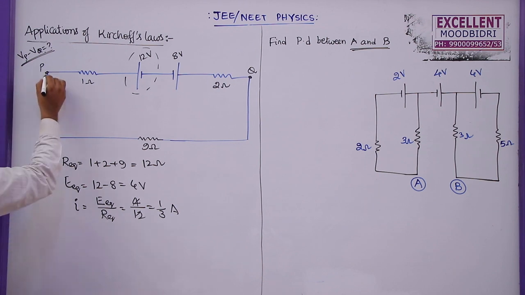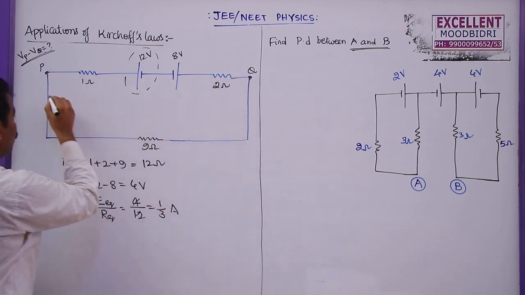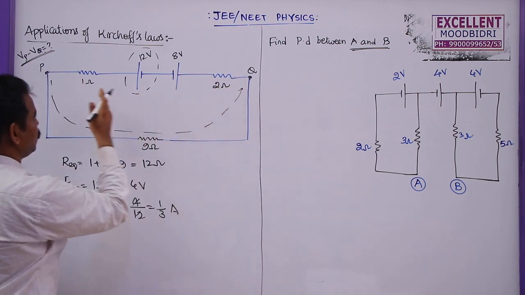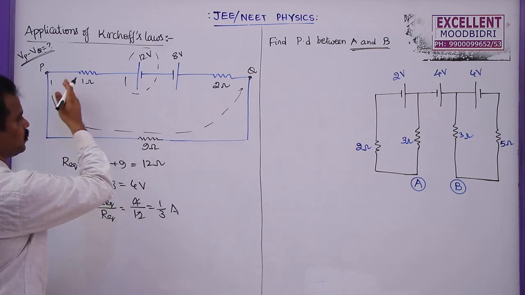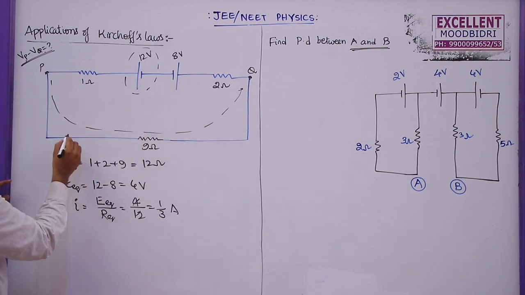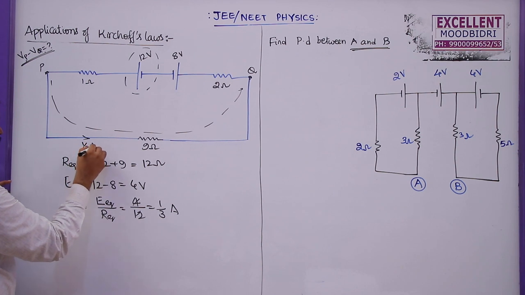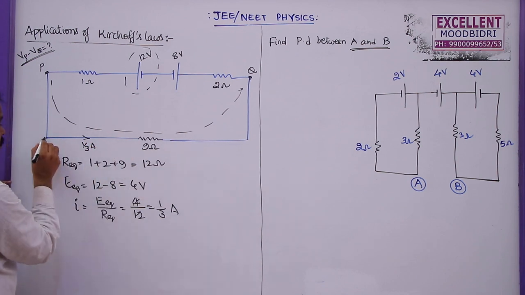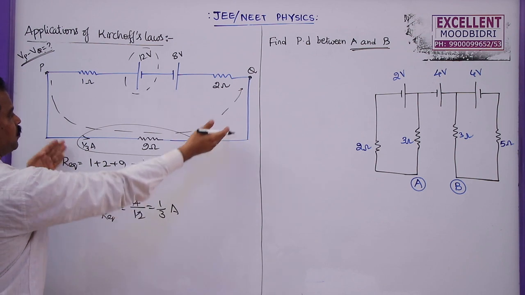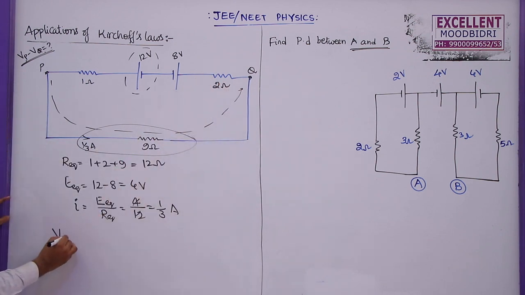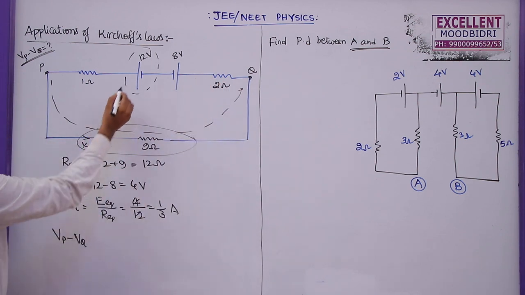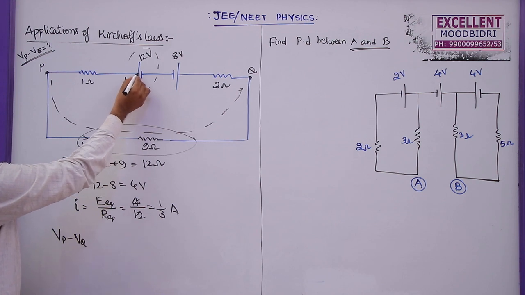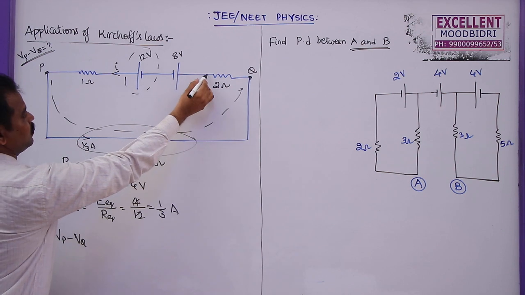Now I want the potential difference between P and Q. This is the path. You can use this and you can find out the potential difference between P and Q like that. Otherwise, as 1 by 3 amperes current is passing through this one, the potential difference across this one is equal to the potential difference between P and Q. So Vp minus Vq, as it is having high EMF, the current will come from this one. It will not come in the opposite direction.